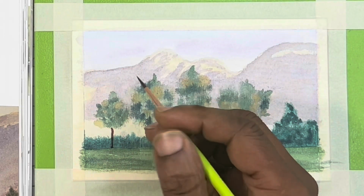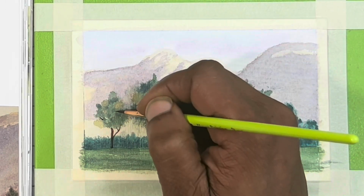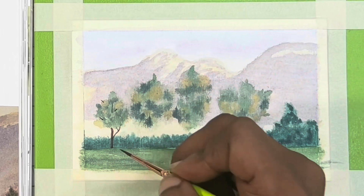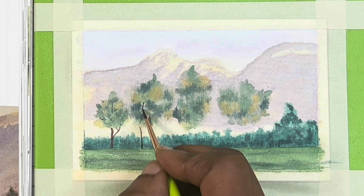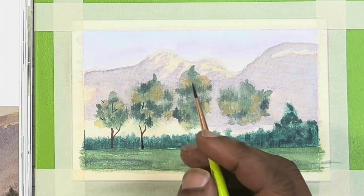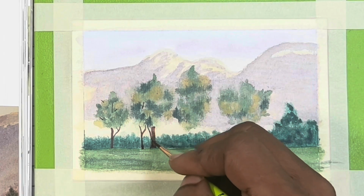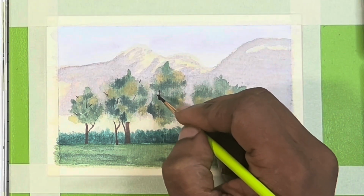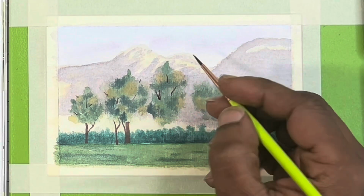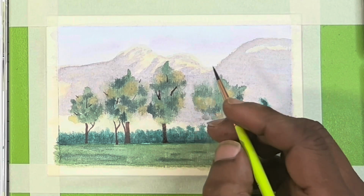I mixed me a really nice, rich brown. I did not have a burnt sienna in the Daniel Smith set, so I did borrow some of the burnt sienna from the dual ink tints block, since I had to sit out and I was using the white to make that somewhat Naples yellow color. And that is what I'm using to paint in the trunk, the bark of the tree, and the branches that run throughout